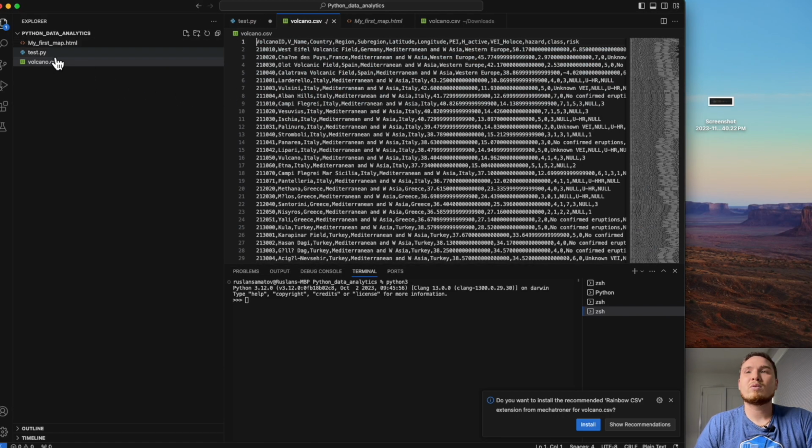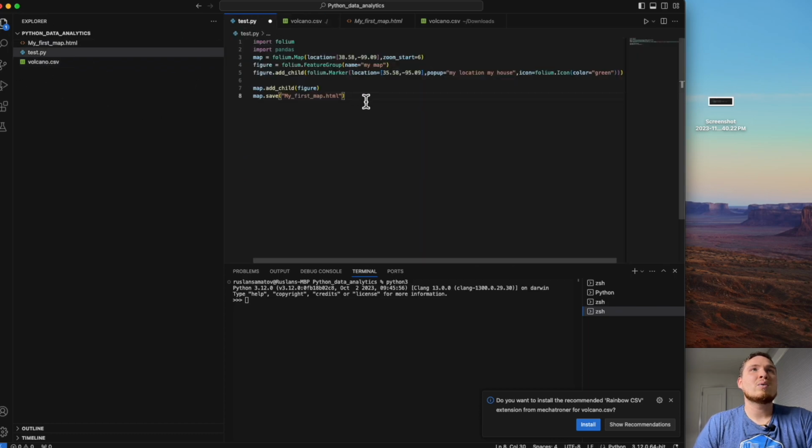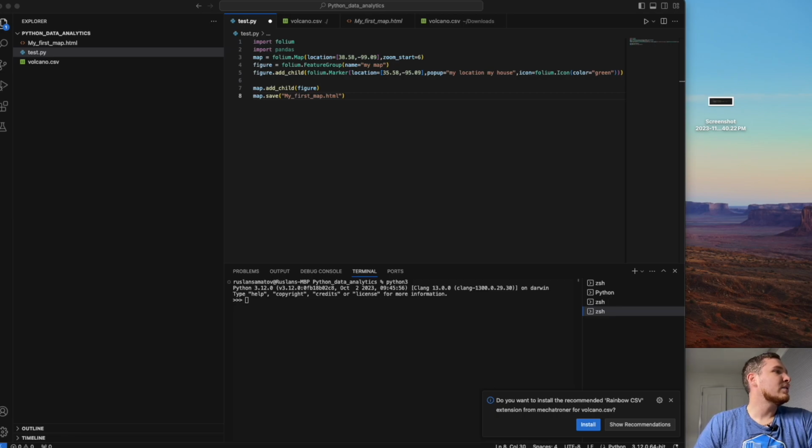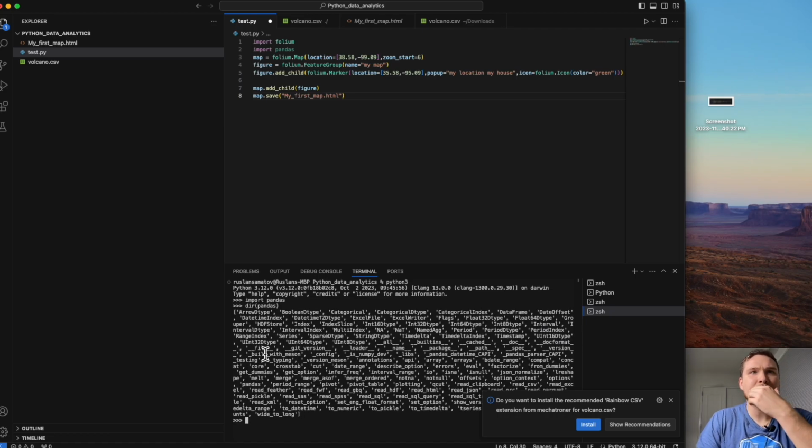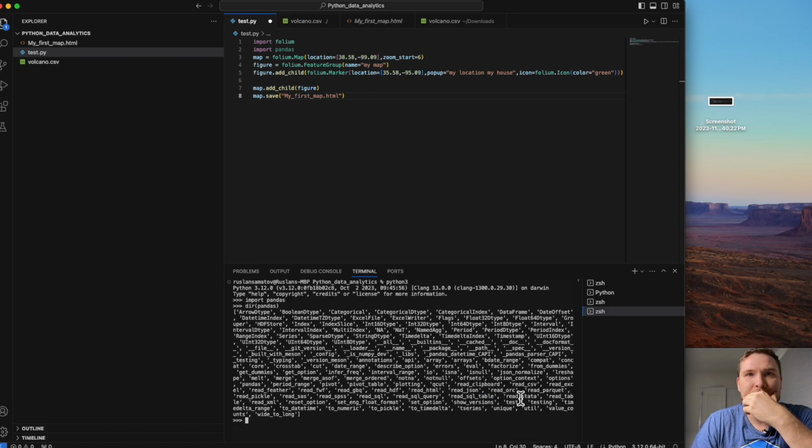Now I have all my volcanoes in one folder here, volcanoes. The next thing I want to do is read it, right? I want to read all the volcanoes here. How can I do so? Okay, let me import Pandas. Now let me see what we have here, how Pandas can help us. This is all the methods I have. We can read something, as we can see here.